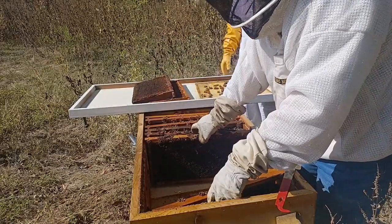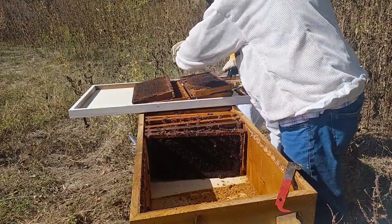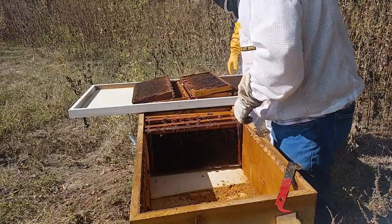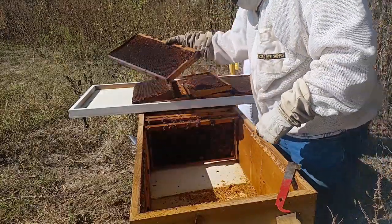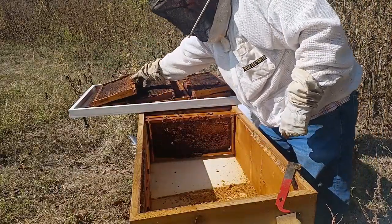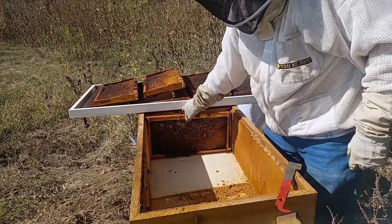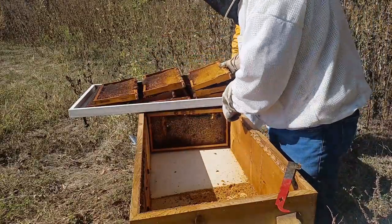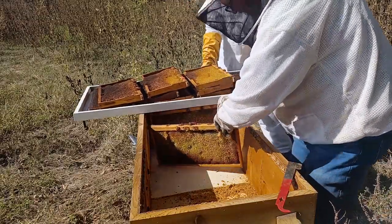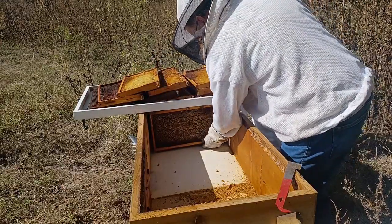Now, I discovered last week, because you saw all the frames that I had in those buckets, I did not have room to put all of those in a deep freeze. So I did something that I didn't know for sure if it was going to work, but now I think it certainly did. I bought some dry ice, and because I had them in those totes that had a tightly sealing lid...